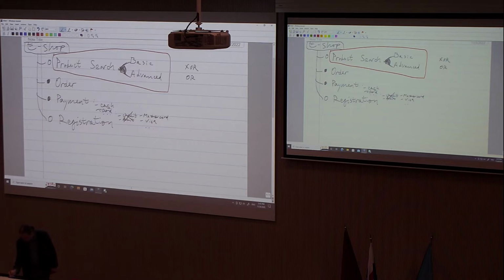Yeah, because I'm moving. It's nice. So product, we can retain product search here, but not with this part, this elaboration. So we can elaborate it in a separate diagram like this. And these are mandatory features. These are optional features. Roughly